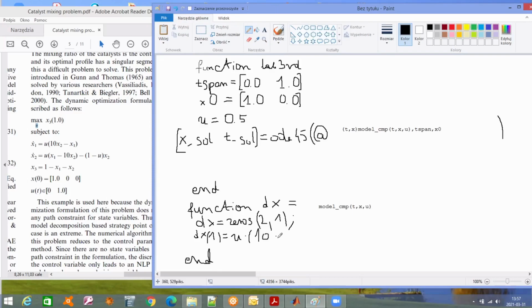then X2 minus X1, the same like this, but this equation, and at the end we can write that